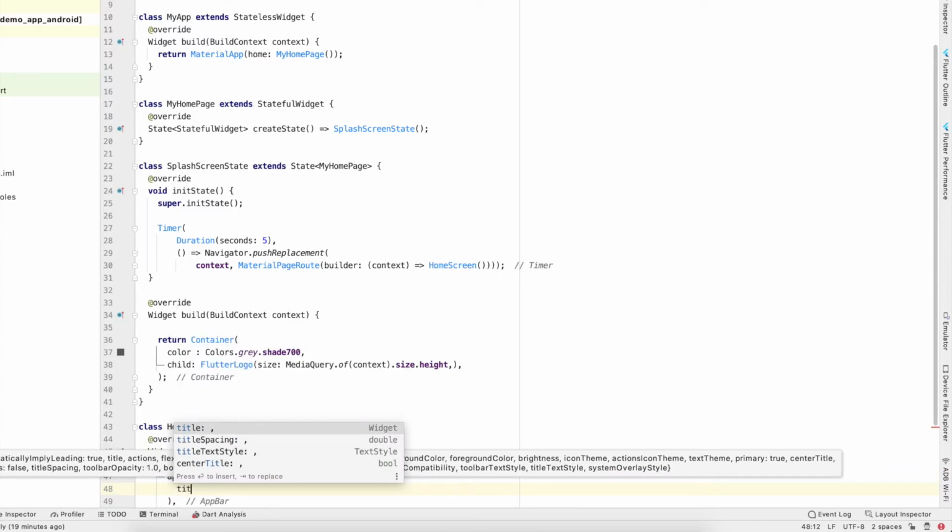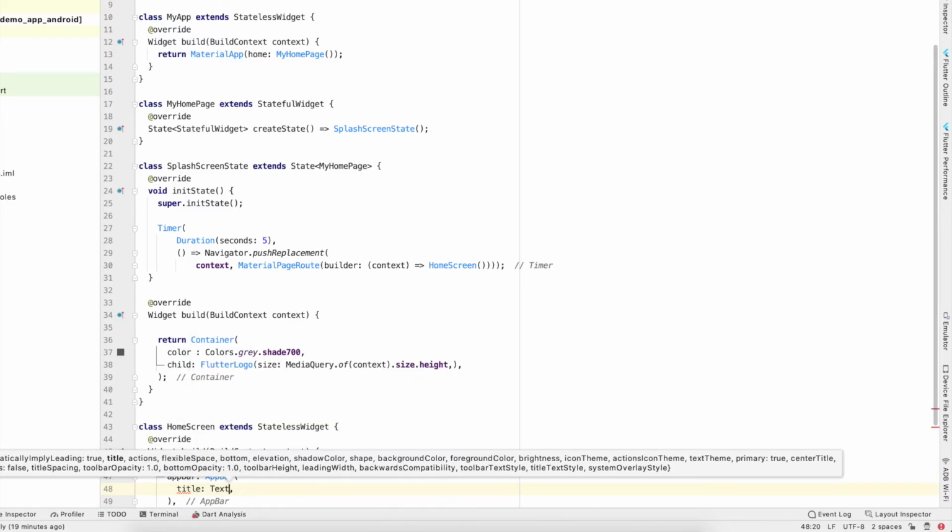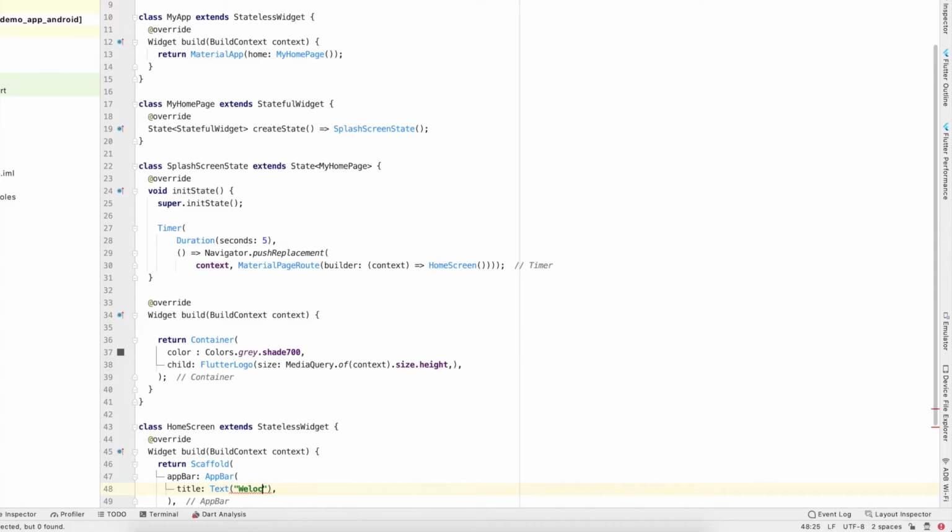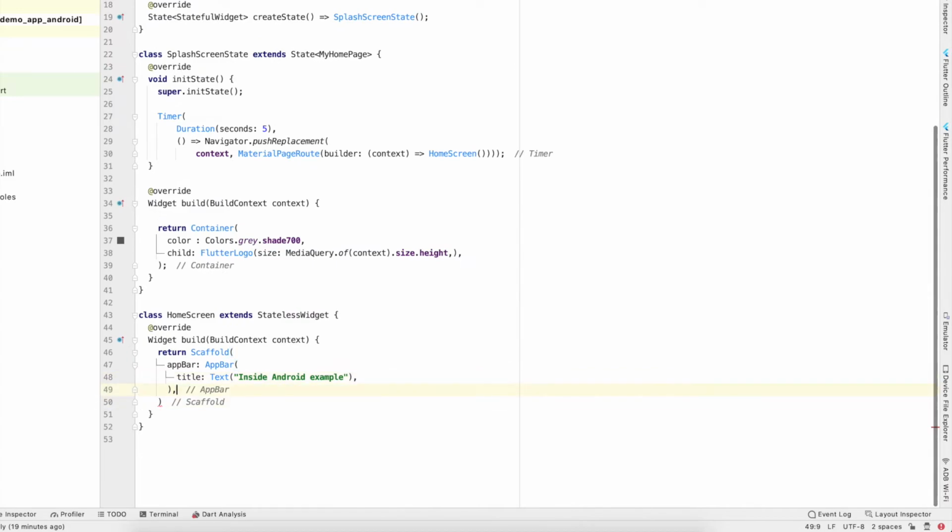And this AppBar will take a title, and that title will be Inside Android Example.